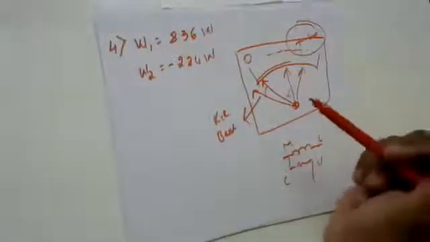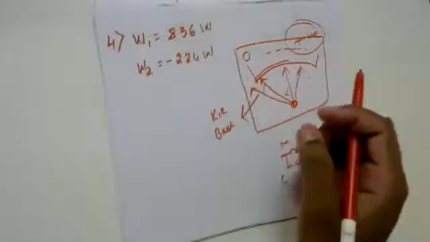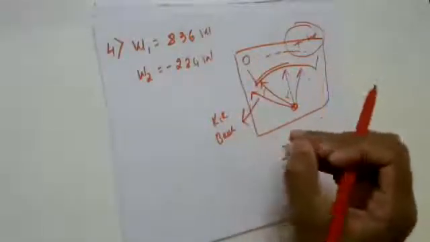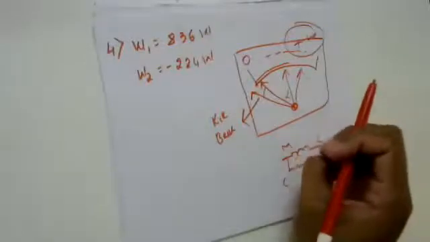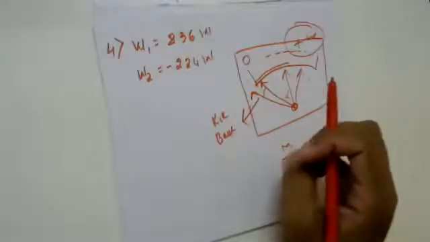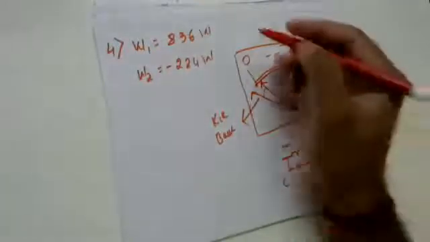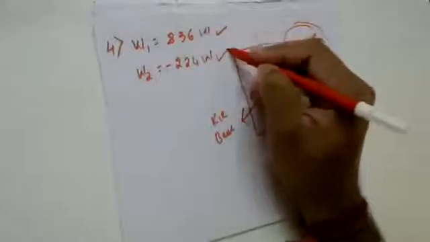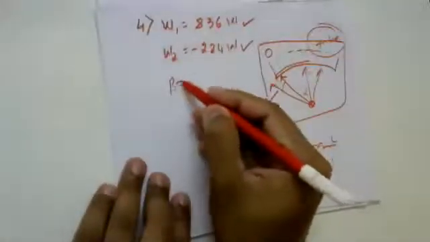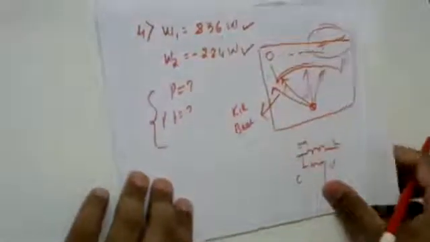Is it clear to you? So this is the numerical on the kickback condition. Once you know the values of W1 and W2, you can compute W1 plus W2 and W1 minus W2. Then you can compute the total power and power factor of the circuit, because you know W1 and W2. He's asking only these two parameters: the total power consumed and the power factor.